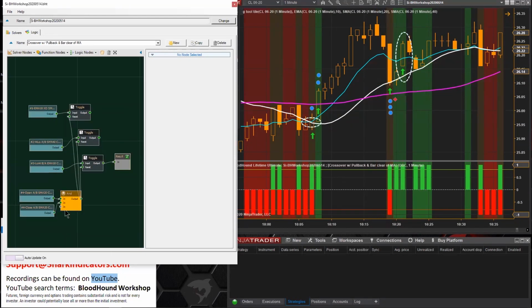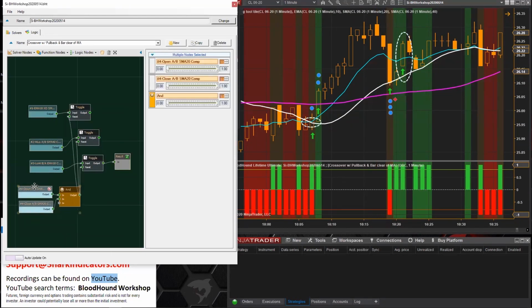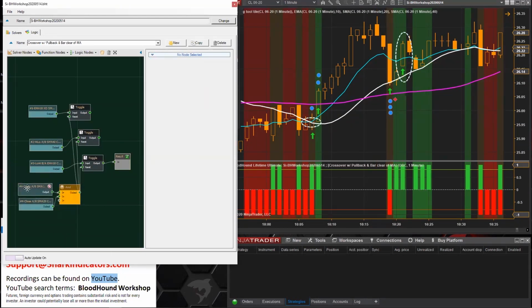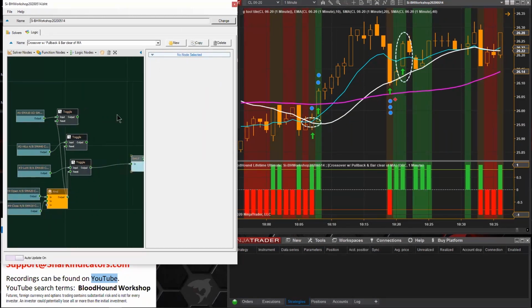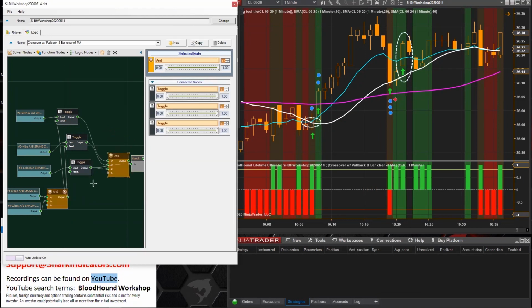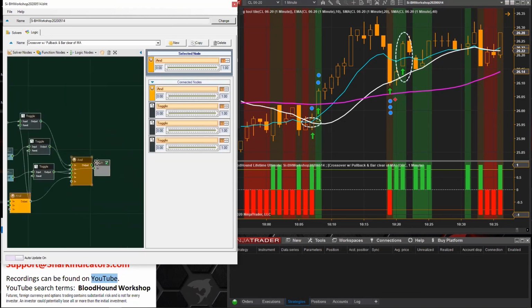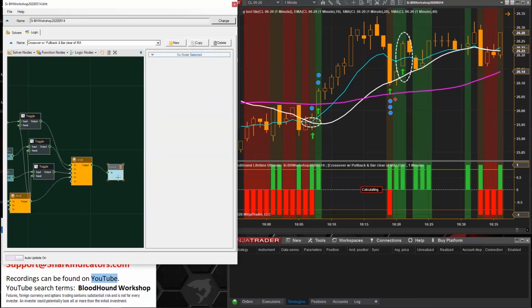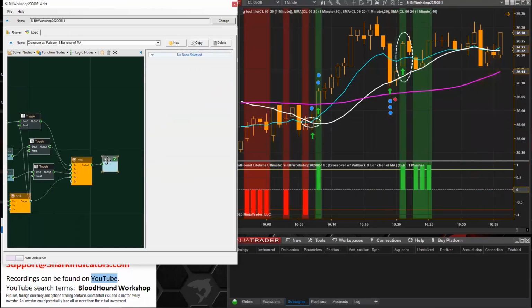To get to the signal bar, we now need to include this logic here for step number 4. So what I need to do now is grab an AND node, and just wait for all these toggle nodes to all have an output. And then also rule number 4,